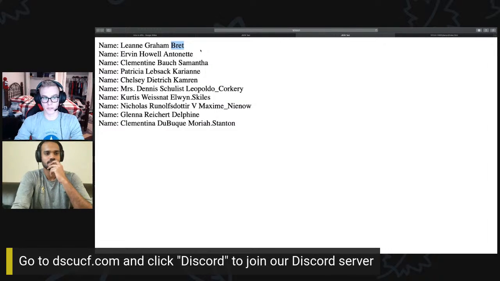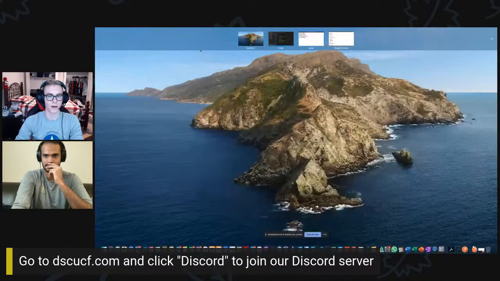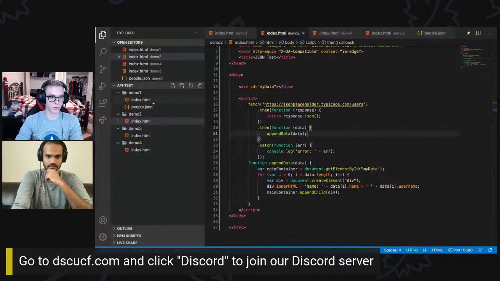It really didn't make much of a difference. Now, would it make much sense to have all of your JSON data in a local JSON file inside of your directory? Probably not, especially if that data is changing constantly. So if that data is on a database, you're not going to have the JSON file local in your directory because that's changing. But I just wanted to really show you the most basic way of testing an API with